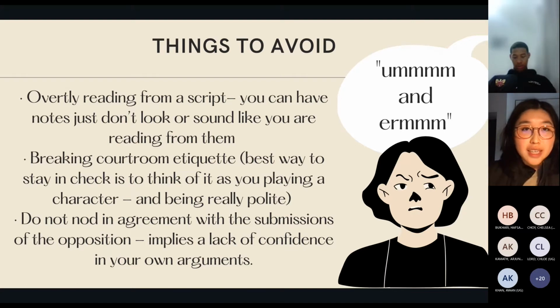The biggest mistake is just reading verbatim every single thing that you've written on the document, because it just doesn't make any sense. It's like you're not even communicating with the judge. The judge will notice that. So if you're going to have a document, try not to make it so obvious. Like I'm reading this right now. You can see that I'm not looking at the camera.